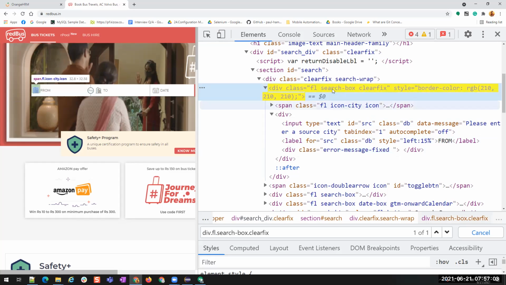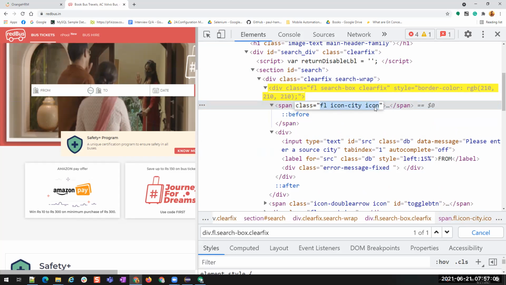But if you have a class with multiple spaces, then after each space it is a separate style. So for this element we have three different styles applied. If you want to find an element with such classes, then we have to replace all these spaces with dots. Understood? Is that clear?